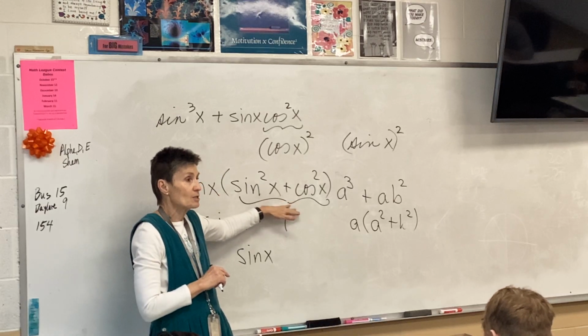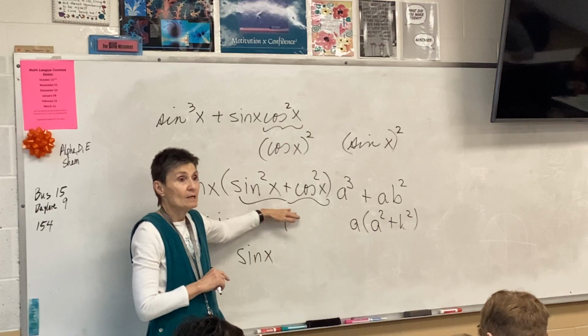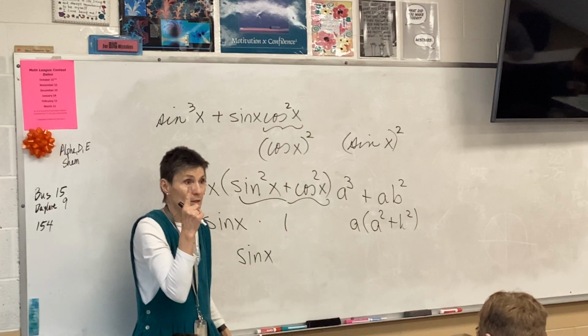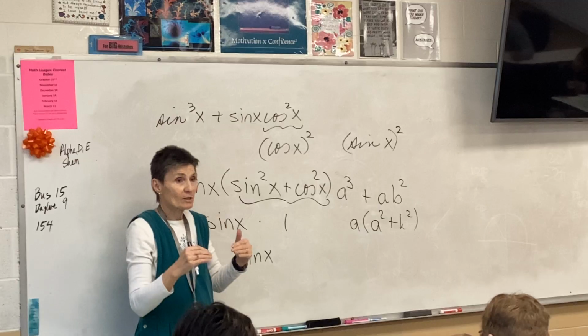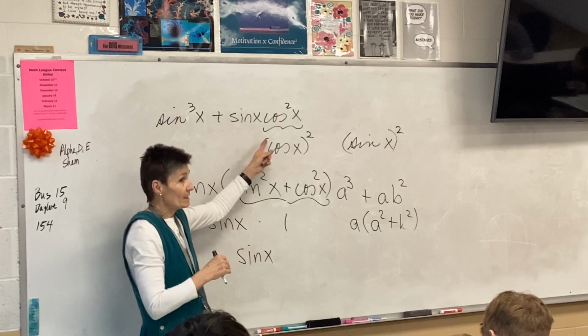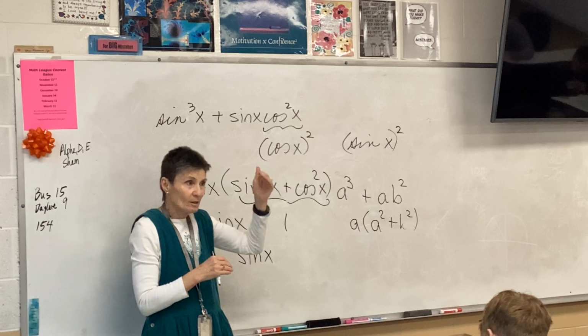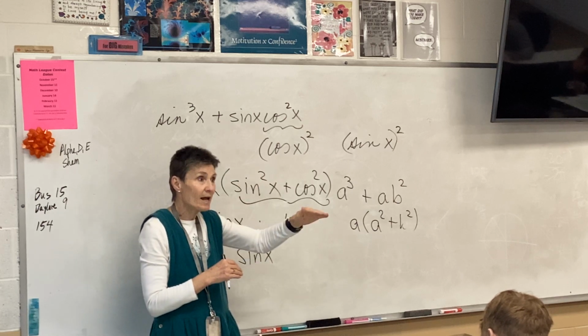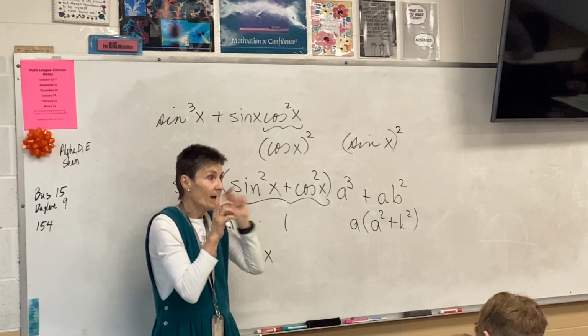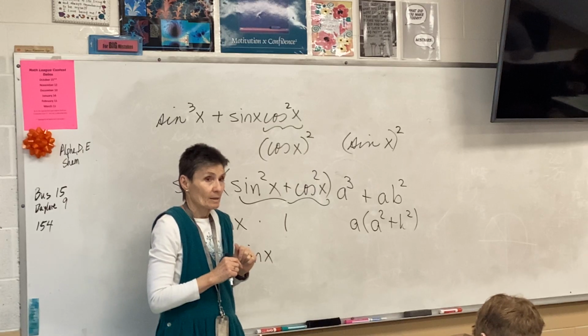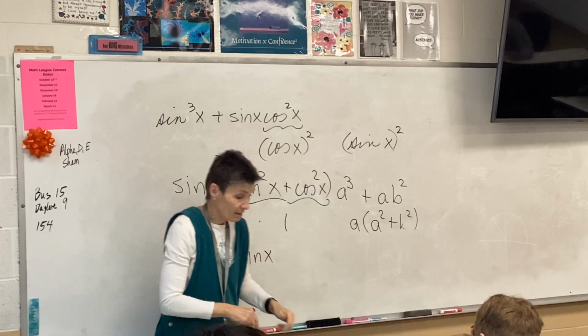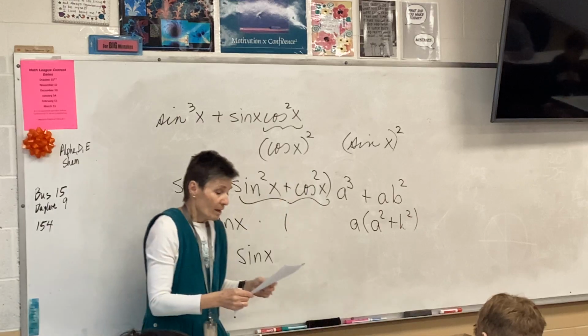Anytime you see sine squared plus cosine squared, you're going to turn it into 1. But here's the thing. That was not in my problem. I had to do something first, right? So when I looked at my problem, I had to be like Seth and say, I can factor it. And then my identity came out of that. Okay,